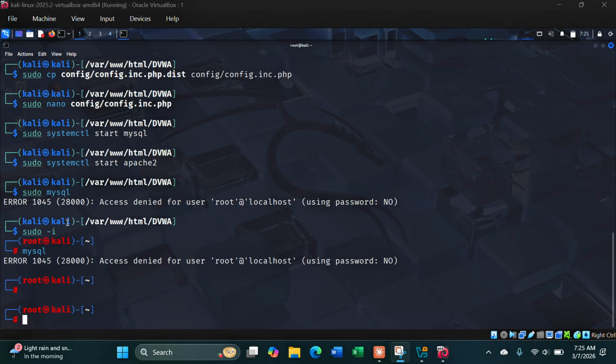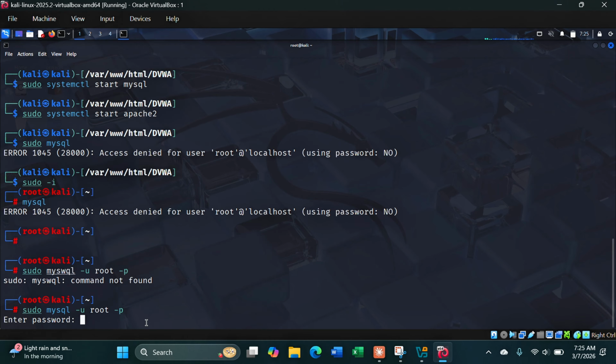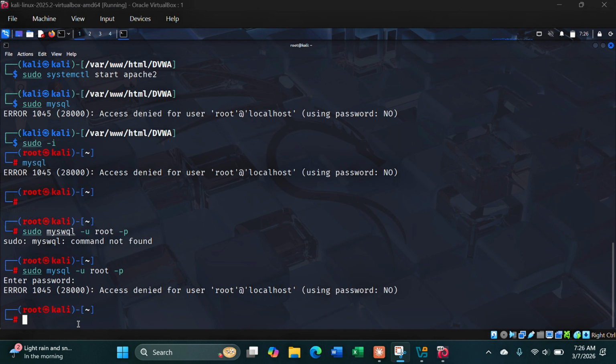So since that is not working because we are getting some errors, access denied for user root at localhost, we can try sudo mysql, then we are going to type in the password here. And if that doesn't work, what you now need to do is to reset the MySQL. And for you to do that, you can do sudo